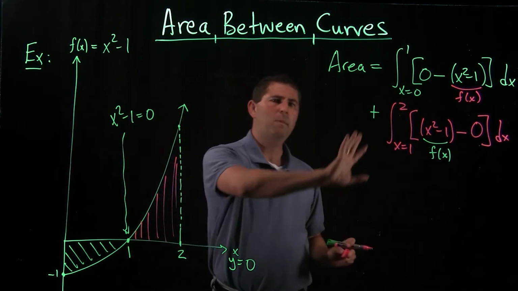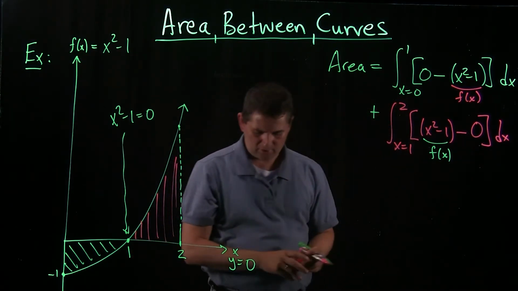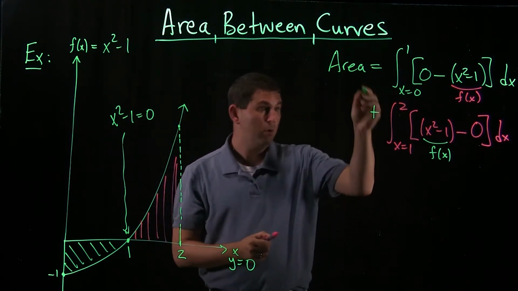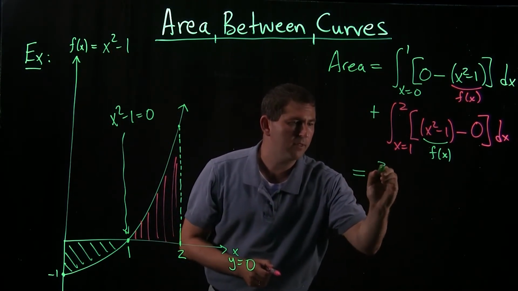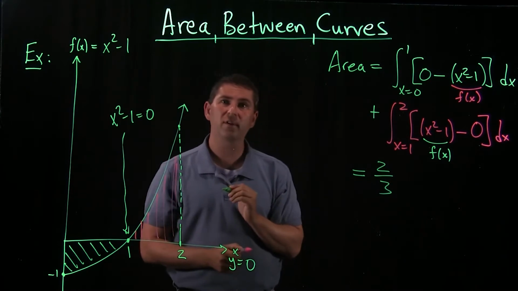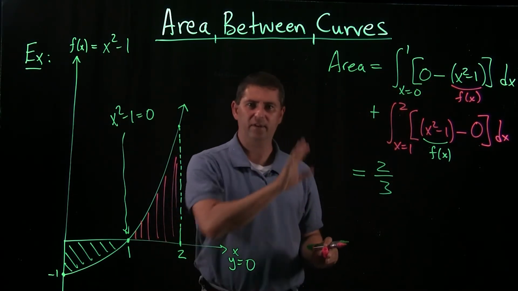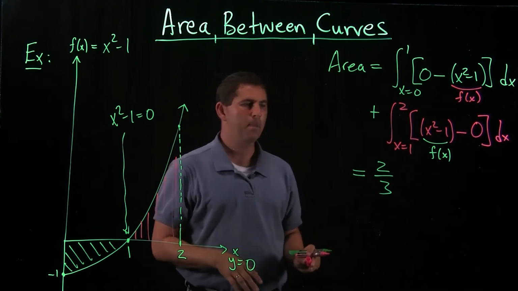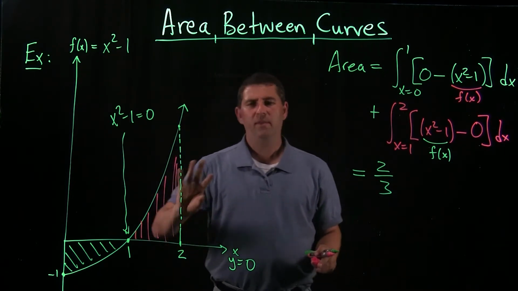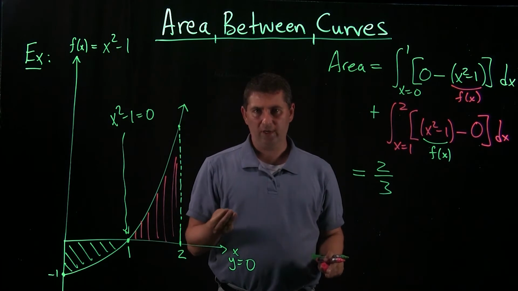Okay, so I'm not going to work through all these computations. I'll tell you, if you do all this, you'll end up with 2/3. That's a good little exercise to go through. Nothing complicated here whatsoever. These are very, very basic antiderivatives. So this is not a complicated issue here, but